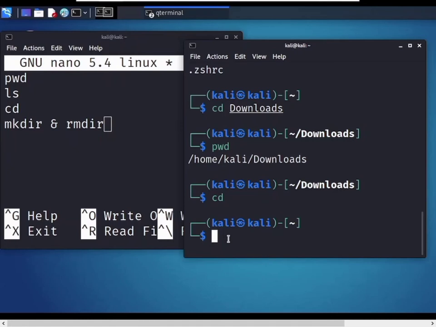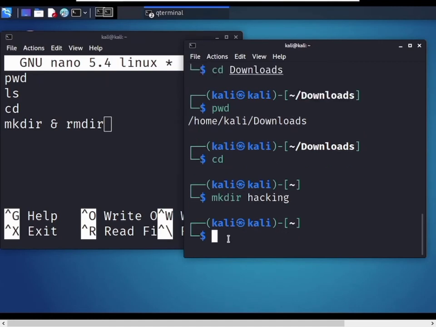When you use the mkdir command, if you want to create a folder or a directory, then you can type mkdir hacking, and mkdir creates a hacking directory.